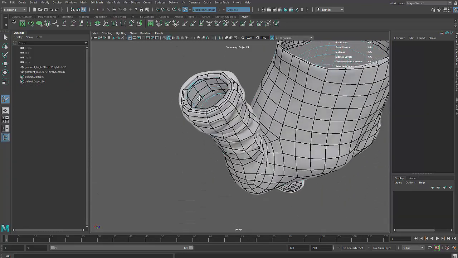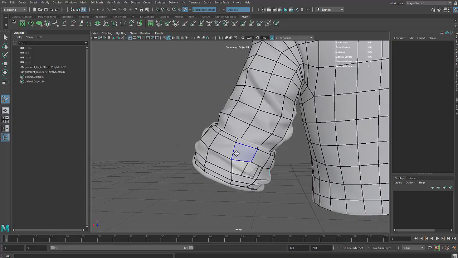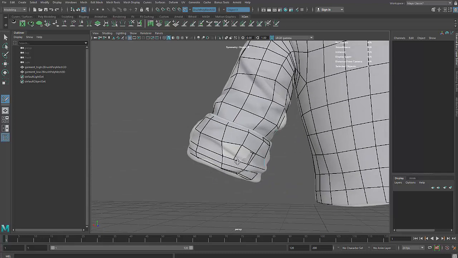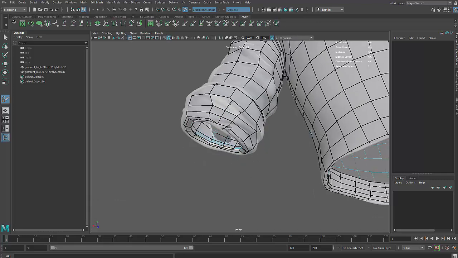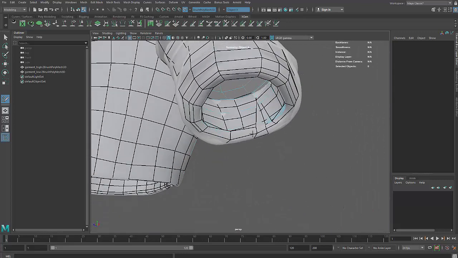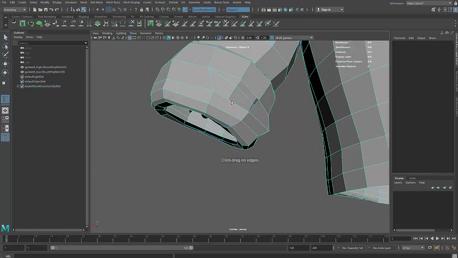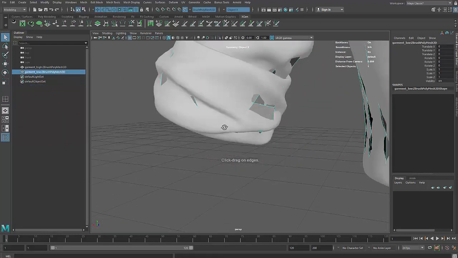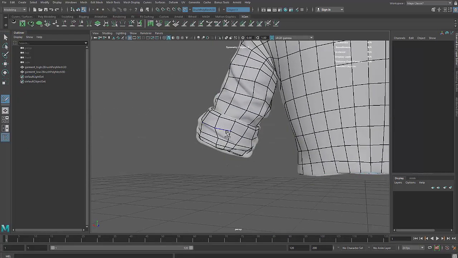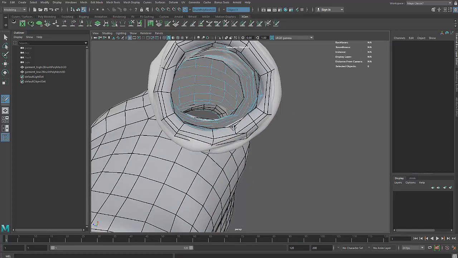So let's see. Well, we could get rid of that entire line. But let's see what's going on. So this goes here and connects to that. Maybe we're missing a line in there anyways. Just add a line. I think that's all we have to do. Oh, you know what? That's not adding properly. So I guess I just do it myself with Insert Edge Loop instead of Quad Draw. And then we can do Quad Draw to fill in that. Yeah, no big issue. Just the same old stuff we do every day